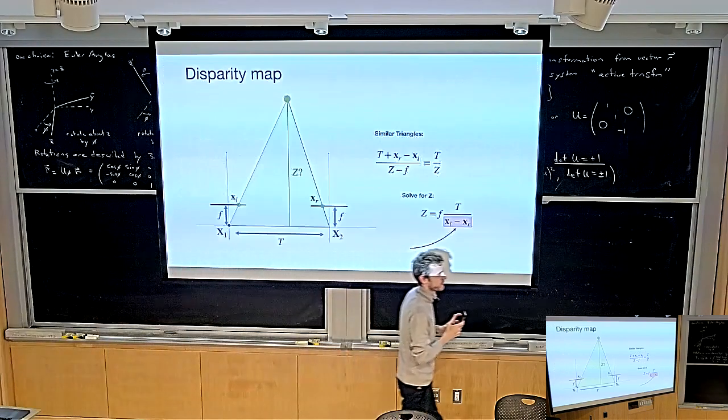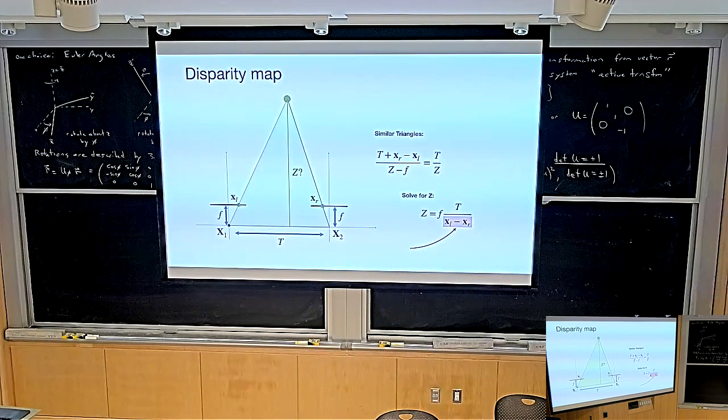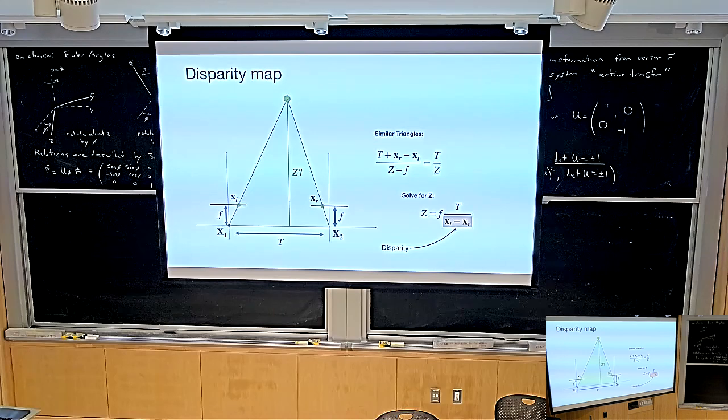So let's talk about disparity one more time. I hope you remember this little setup. This was from the very second lecture, where we had the stereo depth setup, and we introduced the concept of disparity. Just for the record, what is disparity? If you have a stereo setup and you have a 3D point, and you project that 3D point onto both of the cameras, the disparity is the distance in pixel coordinates. It's the difference between the pixel coordinates of the same 3D point projected onto the two cameras. That's disparity. And in practice, the disparity looks something like this.